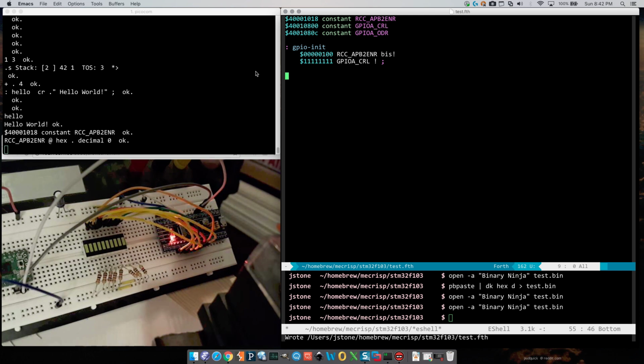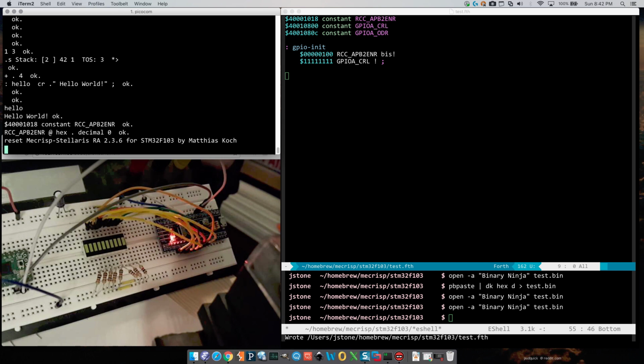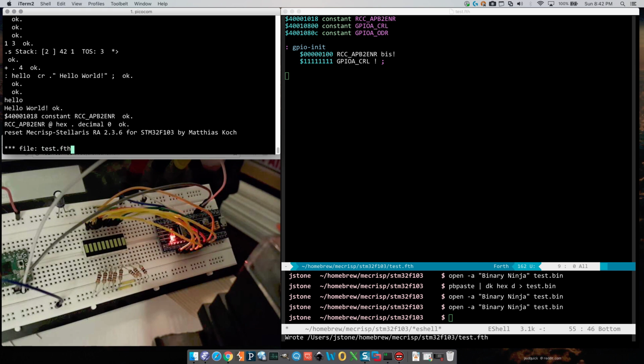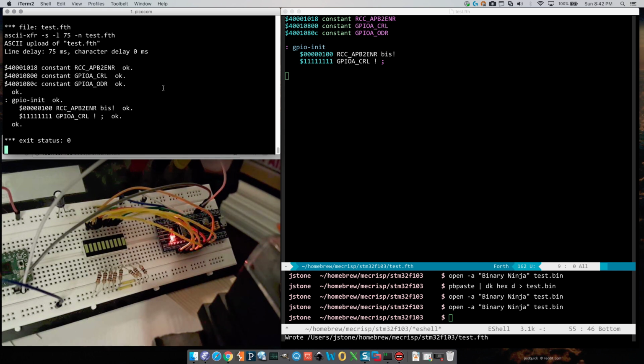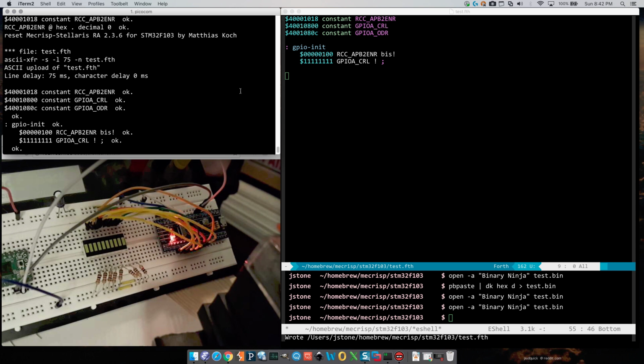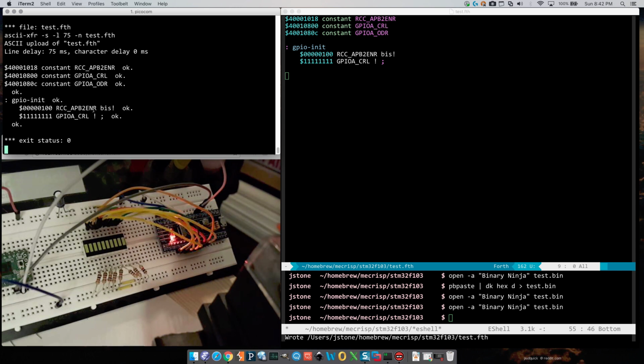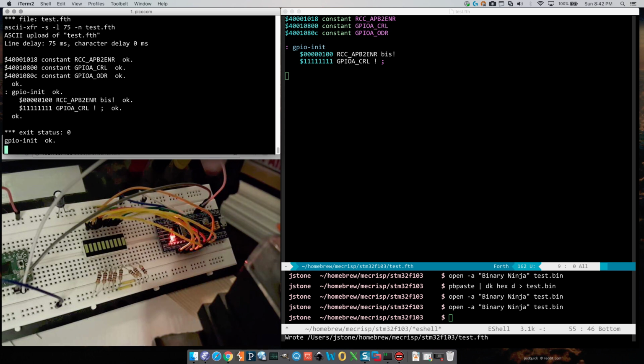And if we want, we can just take this, I'll reset the microcontroller, and we'll load this up. So all I'm doing here is in the terminal inserting this file, but now we have these functions, so I can call GPIO init, and thankfully it's okay. We didn't throw some sort of exception that wasn't handled, which is how you find out there's an error usually. But now I can take one of these registers,